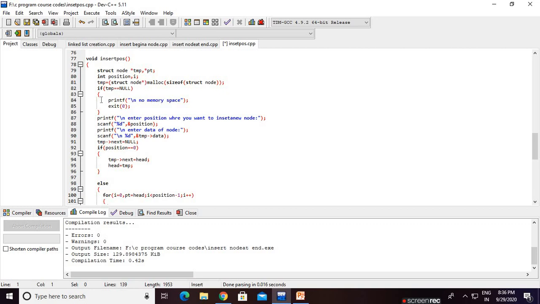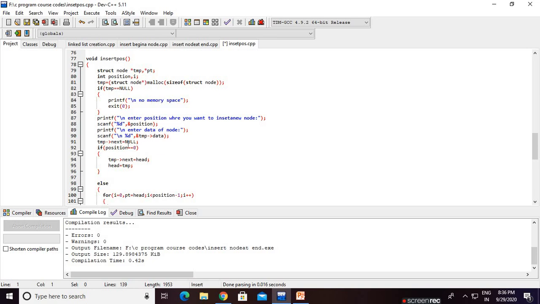How can it be null? Printf enter the position, meaning the index at which we want to insert a node. Scanf %d ampersand position. Now printf enter the data of the node, meaning the data we insert in the new node. Scanf %d ampersand tmp arrow data. For accessing we use the arrow operator.